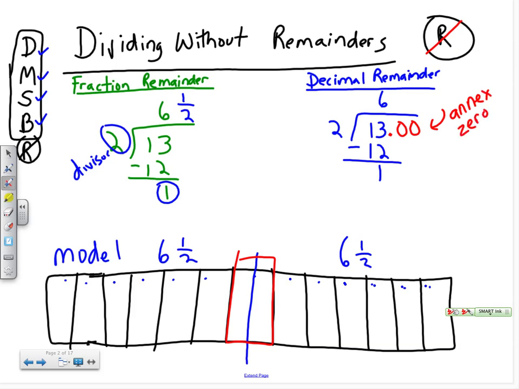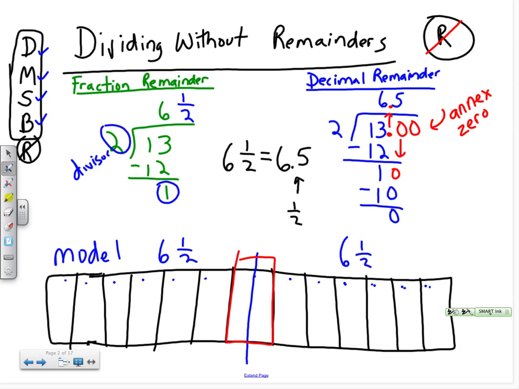I put a decimal after the 13. It doesn't change the value of 13. It's still 13. I bring that decimal point straight up right away, and now I have a 0 to bring down. Then I can finish off the problem. 2 goes into 10 5 times. 2 times 5 is 10. Now I have a 0 remainder. And if you look at the answers, 6 and 1/2 with my fractions is the same thing as 6.5 because 0.5 means